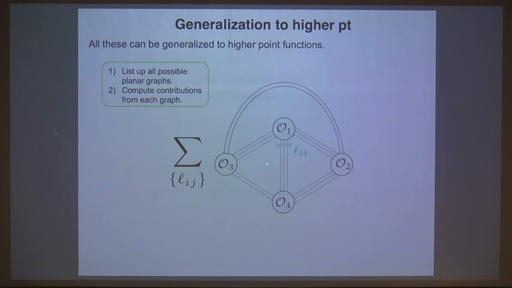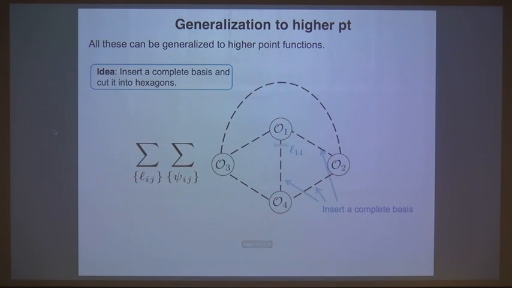And if you look at this picture, already you can see that there exist 4 hexagonal regions, one here, one here, one here, and one outside. So it is very tempting to replace this tree-level picture with this non-perturbative picture, in which you replace the propagators by these dashed edges, and then insert a complete basis on those dashed edges. So this is essentially our proposal for the 4-point functions.